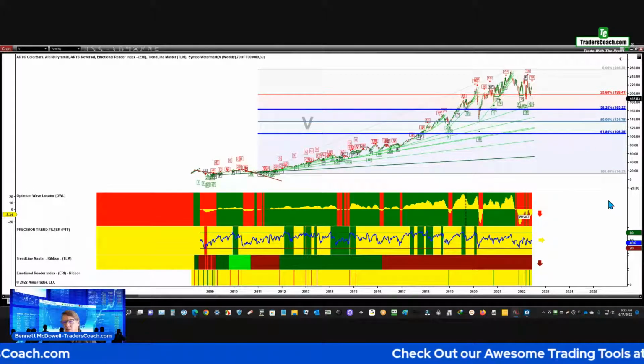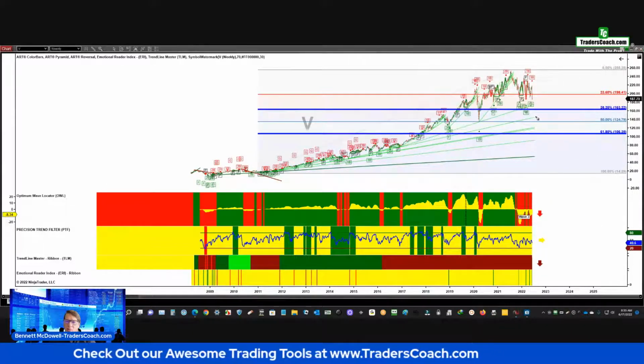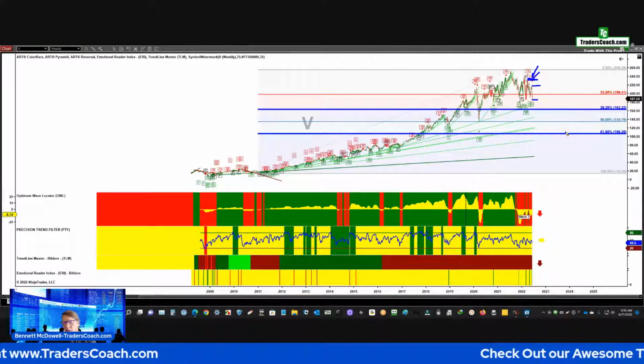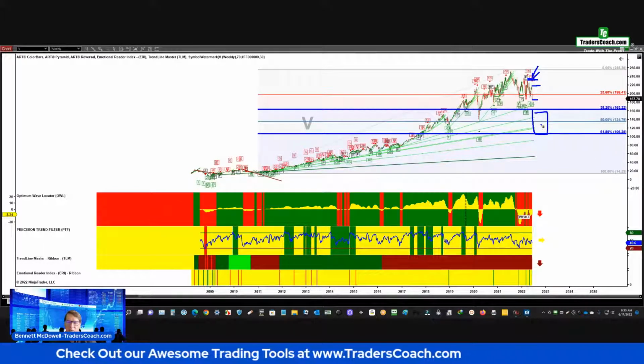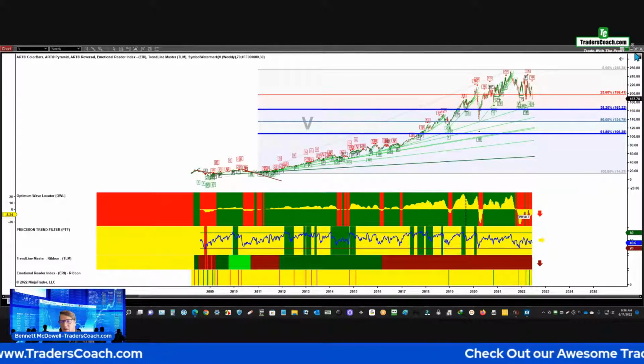Probably 163 to 106. You could take a short trade now, but the only problem is your risk to reward is a little on the tight side. I'd love for your stop to be here on the pyramid, and there you have it. Is the trade better to take a short here or wait for it to get down to the target zone? I'm going to let you decide for yourself on that. But a short trade into the target zone looks likely.